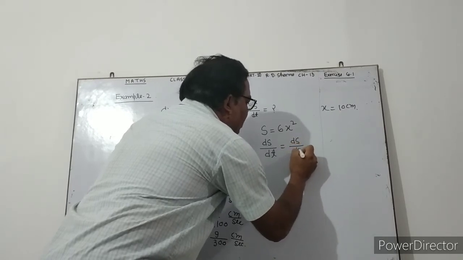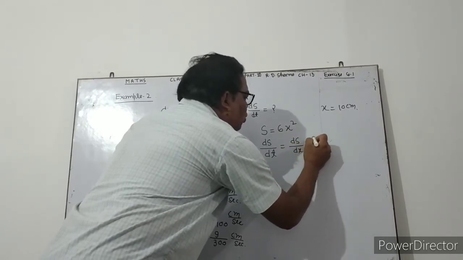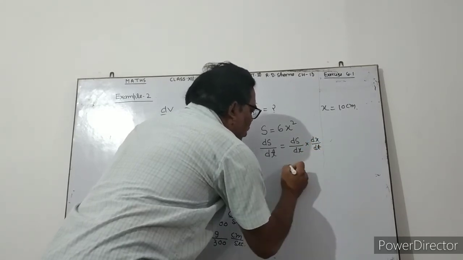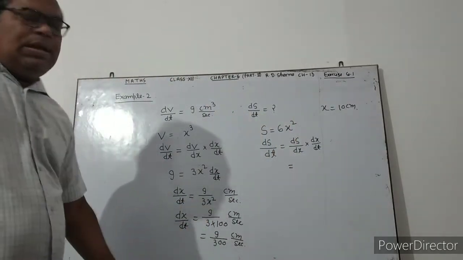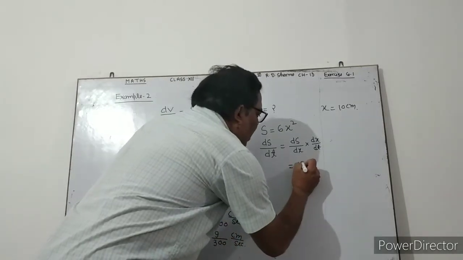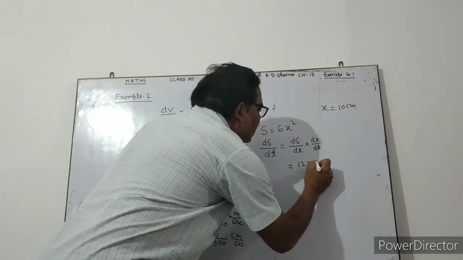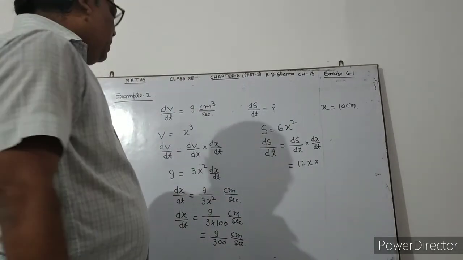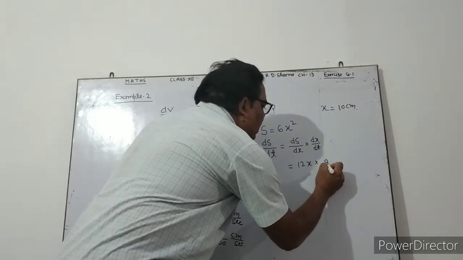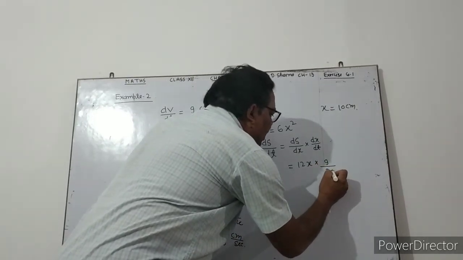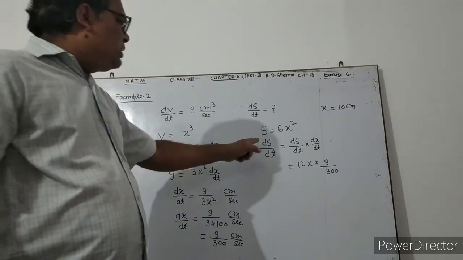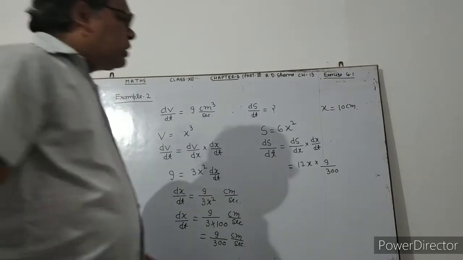dS upon dx into dx upon dt. Now, dS upon dx is 12x, and dx upon dt we find is 9 upon 300. Then what is the unit of the rate of change in the surface area? It is